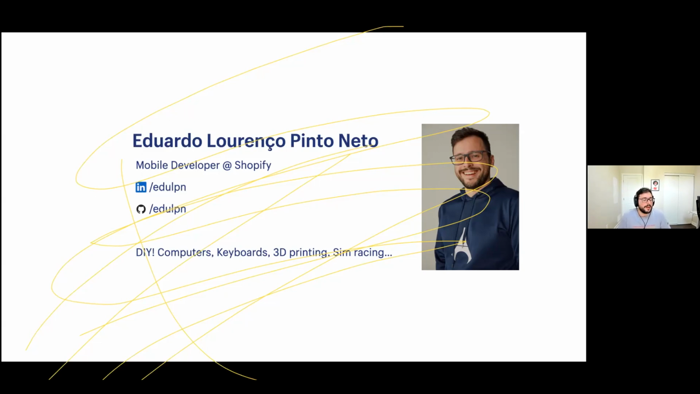I'm a big DIY person. I love building stuff. So my computers, my keyboards, they're all built by myself. I'm also starting with 3D printing. And I have been sim racing for the last couple of years now. So these are some of my